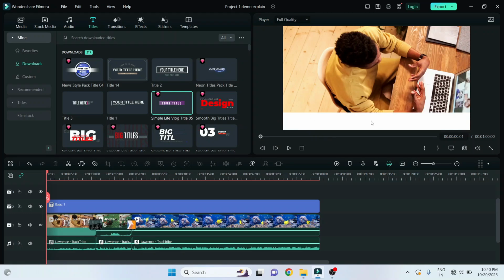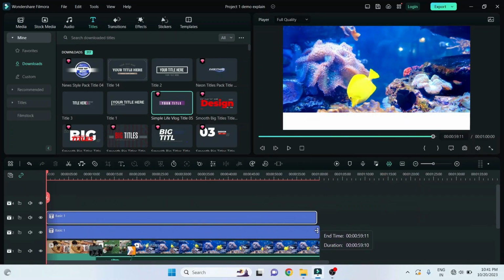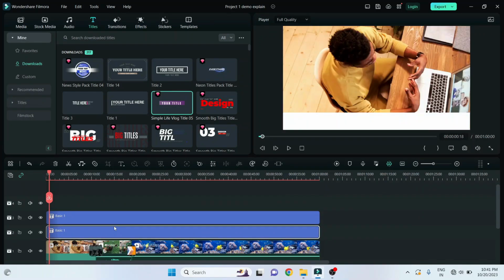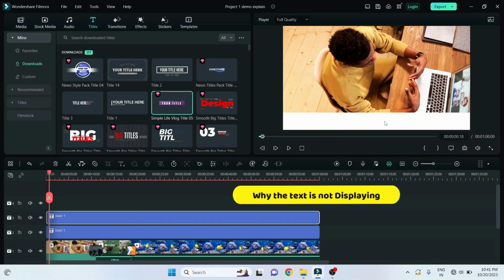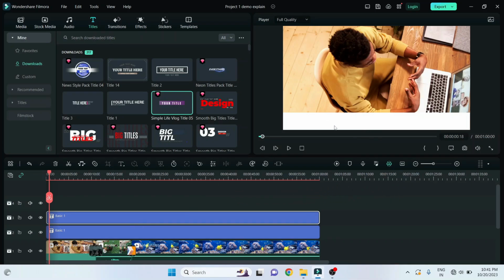Now here you see guys, we want to add a text in front of this. So guys, click on this option, click on the quick text. The text will be added here. From the corner you can keep it. We have added a background and we have added a text, but why is the text not showing here? Because the text color is also white and the background color is also white. So we need to change the color of the text.